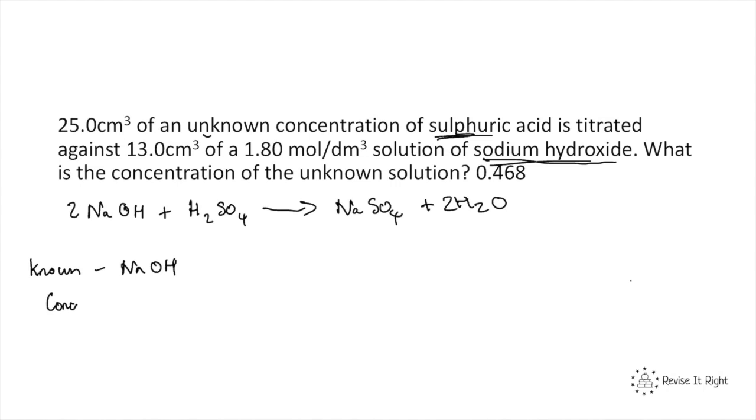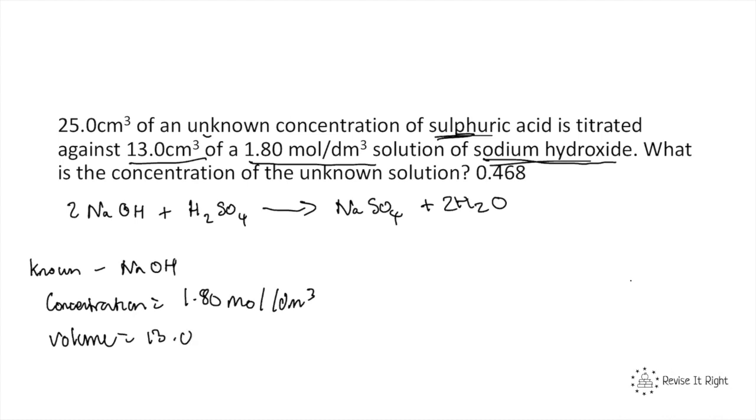So, the concentration of our known substance, if we look, is 1.8 moles per decimeters cubed. I'm going to write that there. And then the volume of our known substance is 13 centimeters cubed. But we know when we're dealing with moles that we need that in decimeters cubed, so it's always a good thing to convert it now. So 13 divided by 1,000, because remember we divide by 1,000 to get to decimeters cubed, is